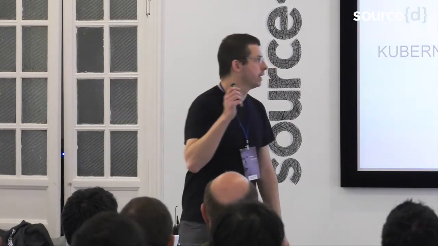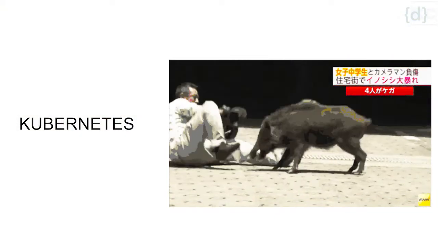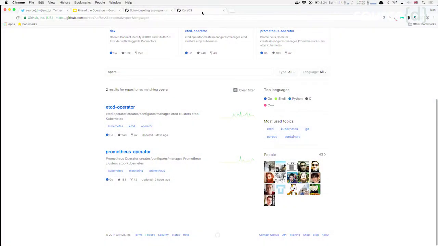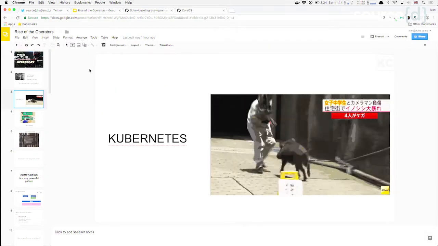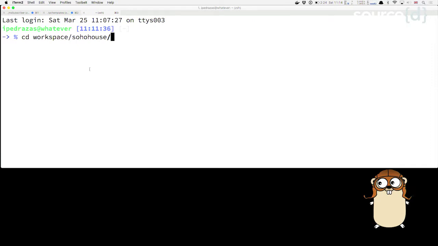So today we're going to talk about Kubernetes a lot, and the operators. Operators is something that has been created recently. It's a term that has been created recently, and it comes from CoreOS, and they have a few operators, and we'll see a little bit how it works. I was going to do 3 demos.